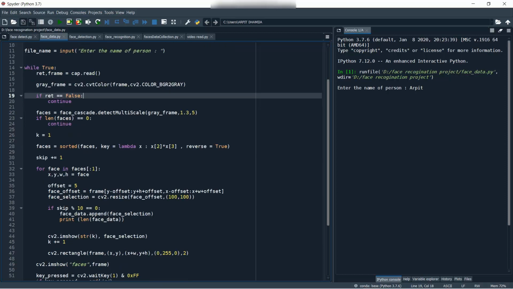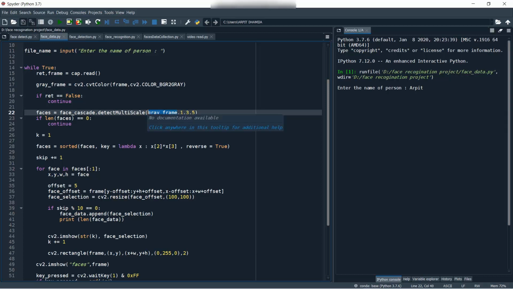And this line, like faces is equal to face_cascade.detectMultiScale. Okay, so I'm explaining the parameters that are used here. So this is the gray frame that we just created here, and this is a scaling factor. This is the number of neighbors. Okay, so let me just give a comment here: frame name, parameters of frame name, scaling factor, and number of neighbors that we define by k.